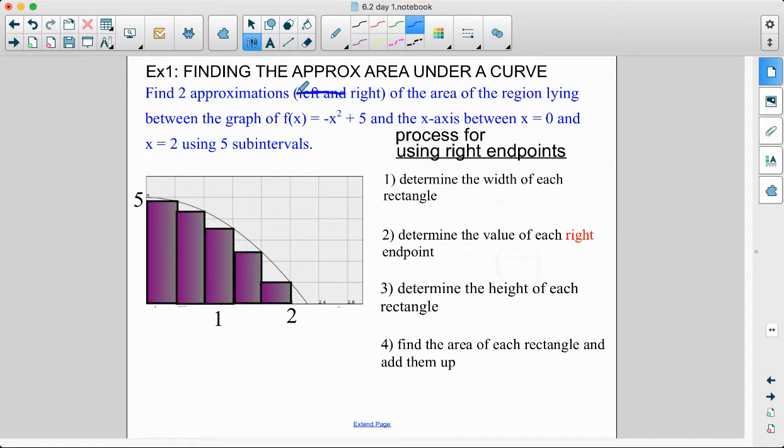So let's not do both left and right. But we could find 2 approximations, or 3. We could do the midpoint too. Find the approximation of the area using the right endpoint of the region lying between the graph of negative x